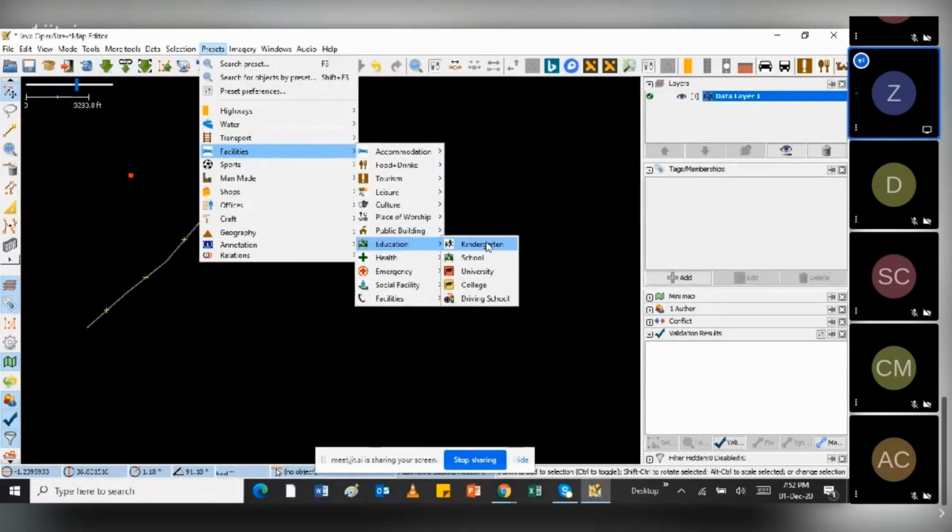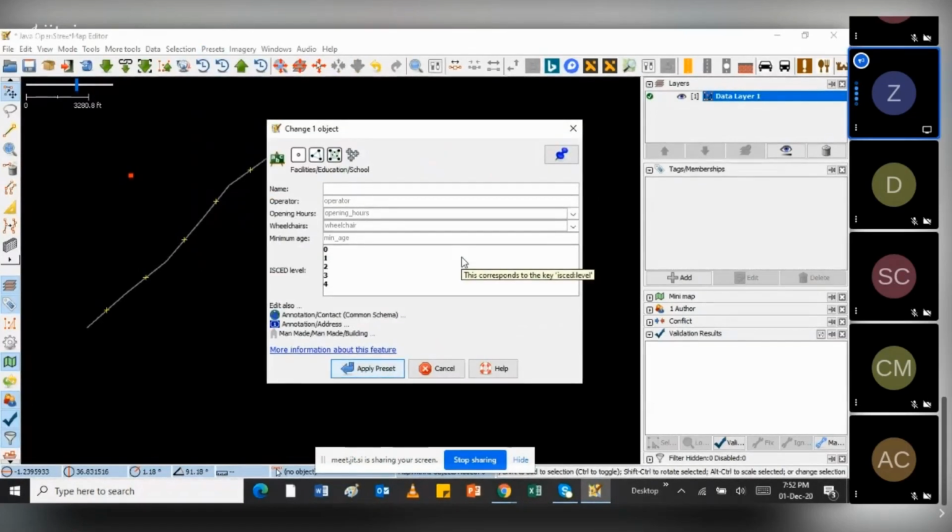You'll see there's a tag for kindergarten, school, university, college, and one for driving school. In this case, I want to tag this as a school. I'll just select that.